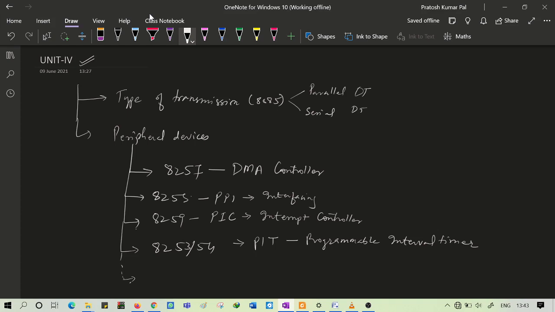Before starting with the peripheral devices, we will go with the different types of communication taking place in 8085. We will start with that today.